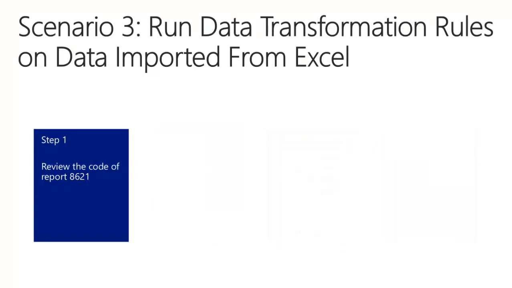Microsoft Dynamics NAV provides a library of data transformation methods which you can use to create standard data processing rules and run those on the data you import. You can, for example, capitalize all letters, replace part of the string with another string, change date format, trim values, and so on. To do so, we will use report 8621, and let's first have a look at the code